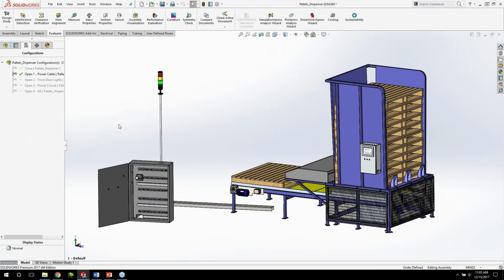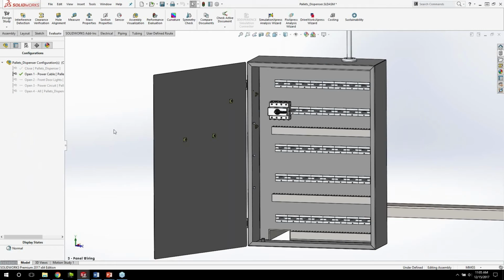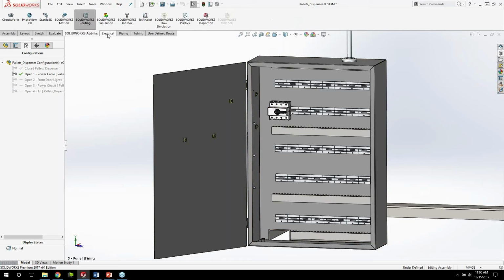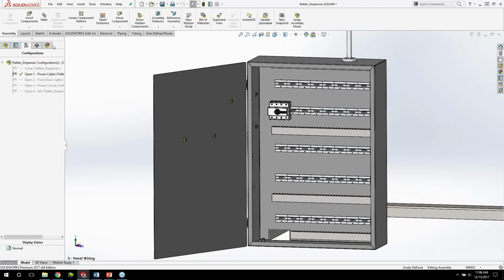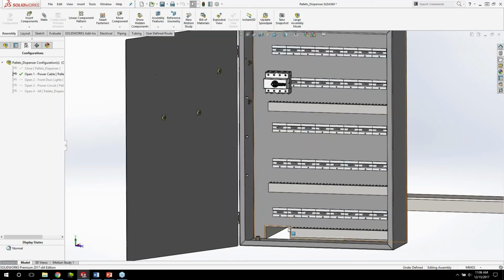All right, and I'm going to zoom in into this panel. The first thing that we will be taking a look at here is the electrical cabinet, and we will be starting by manually creating this main three-phase electrical power cable that's going to connect to this disconnector here. I already have the add-in turned on. You can see here SOLIDWORKS routing, and we get electrical, piping, tubing, and so forth. We can go ahead and start this route simply by